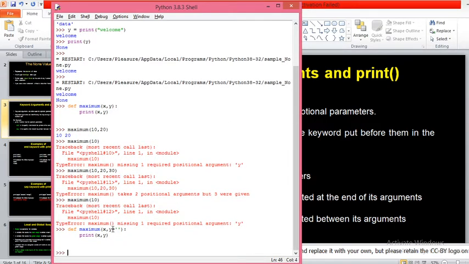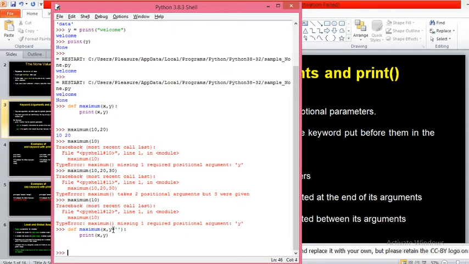Now here, x is a positional parameter, but y is an optional parameter. When you assign some value to a parameter, that parameter is called an optional parameter. While calling this function, you may or may not give a value for y.